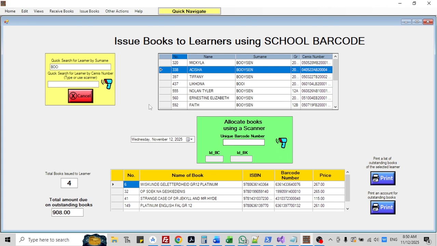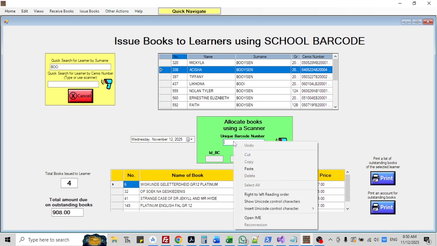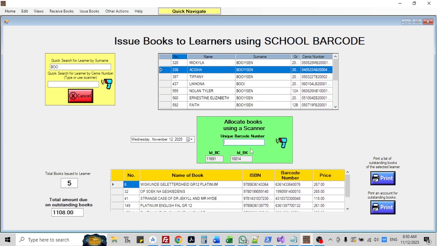Let us just go to Akeisha now, and I'm going to issue her another book. She had 4 books. I'm going to paste in another book, and that book is Platinum English Home Language. And you can see here she now has 5 books that have been issued to her, and the account has now increased to 1,108 Rand.